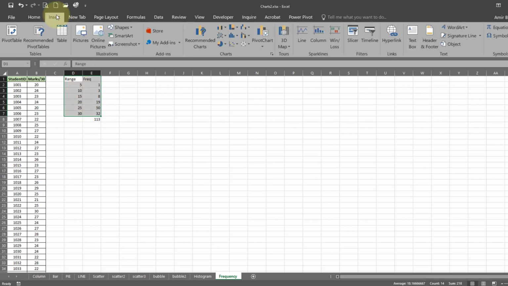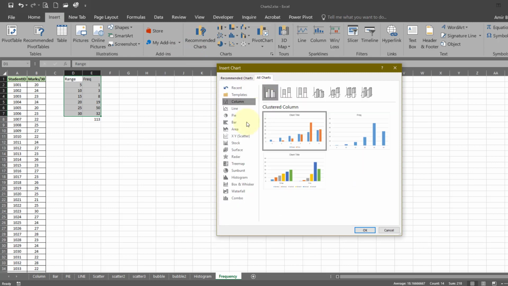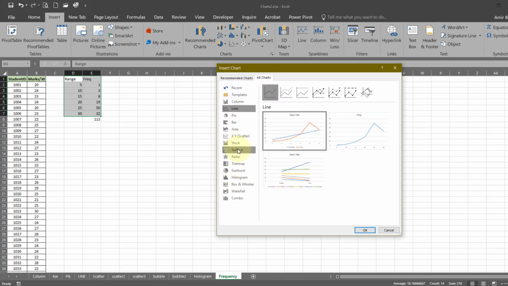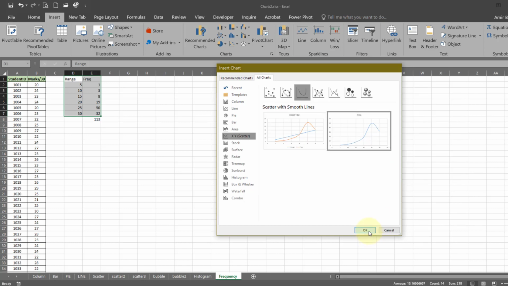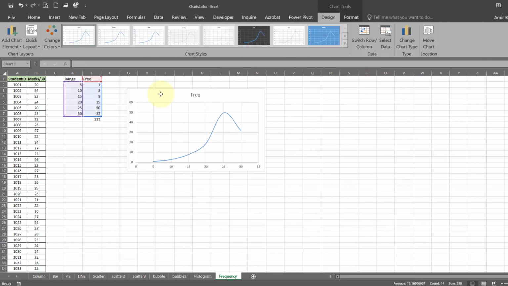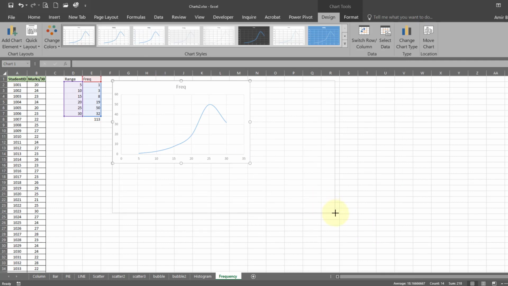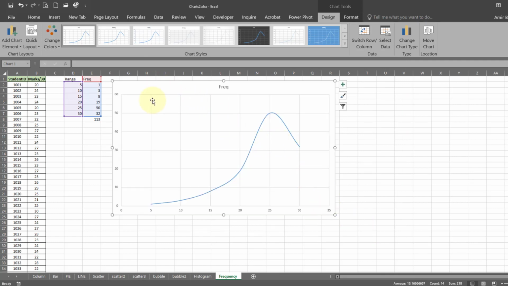You will select this, insert, we will come to the scatter chart and select smooth lines. We will select this one. You can see here it gives you a curve like a bell curve.